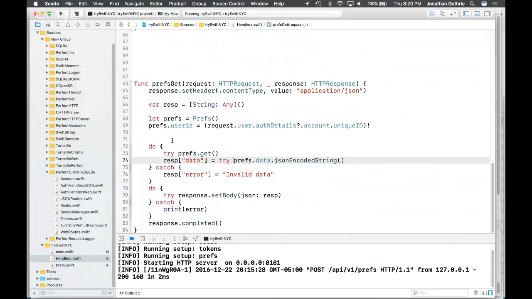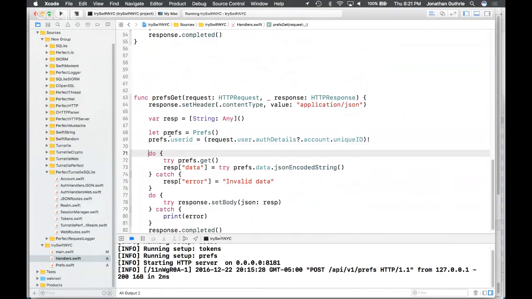And guess what? That's all we need to actually do for that, because it's just simply getting the preferences for that account ID. And because of the fact that if there is none, if the user has not sent one already, then the object is going to be just simply empty anyway. So it's once again safety. It's just simply going to send